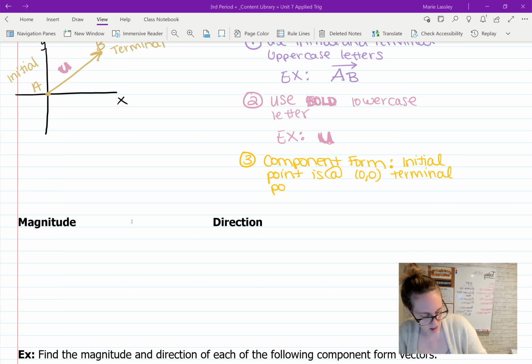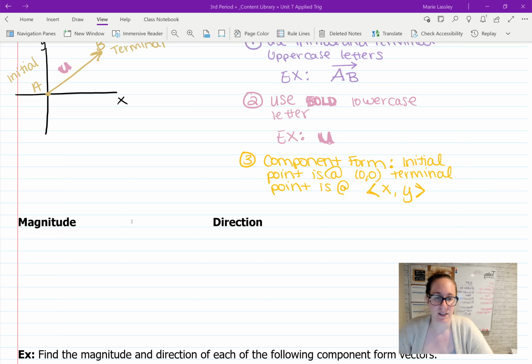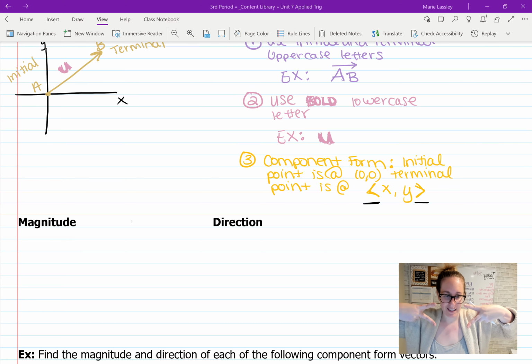x comma y. And something to pay attention to is we didn't use parentheses here. These are what we call angled brackets, right? They're not the less than or equal to signs. They're angled brackets. All right, so they're not the same as the less than or equal to sign, right? They're just pointy parentheses. Pointy parentheses, that's what they are. All right, and so if you see these pointy parentheses, that's telling you that this is a vector and it's